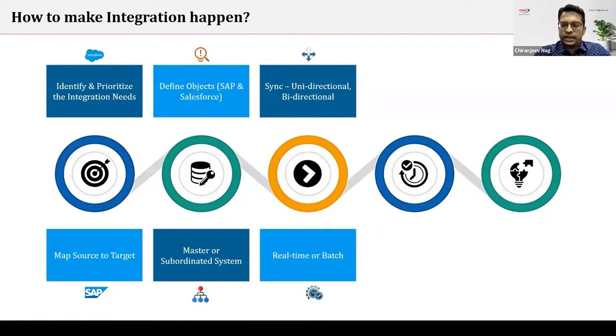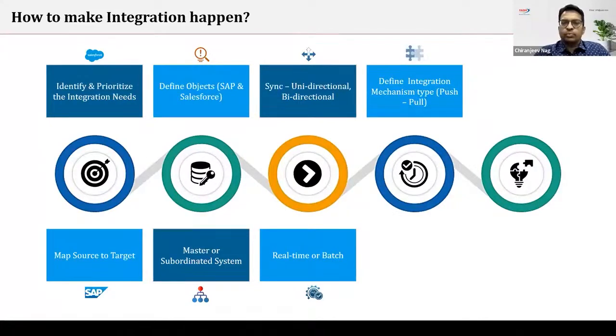So next we have real-time or batch integration. So now what does this mean? Not all the data sync has to happen in real time, else it will put a lot of load on the entire applications. For example, order information that we were just speaking about. Order information has to be in real time. What is the status of that particular order? It has to be in real time. But something like pricing and products need not happen in real time. So it can happen once in a month when new products or SKUs are being added, prices are being added. So this is why we would refer to it as a batch integration.